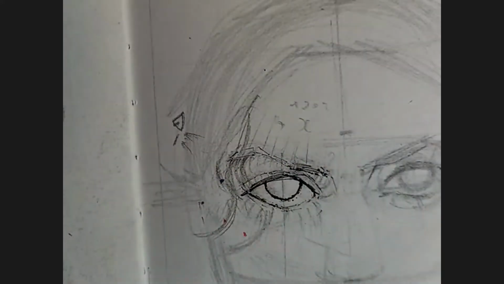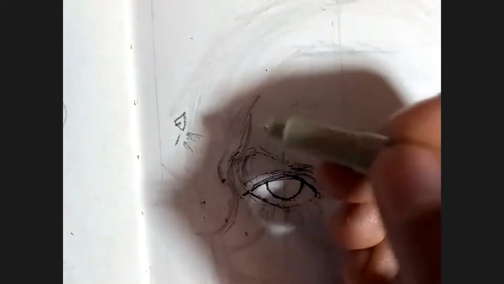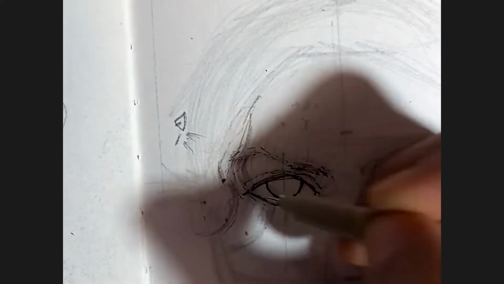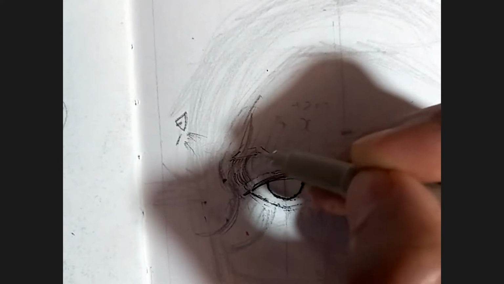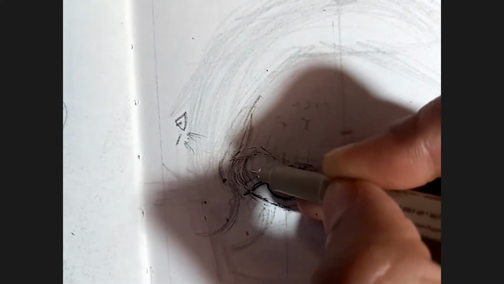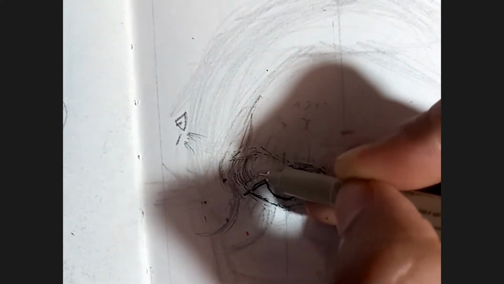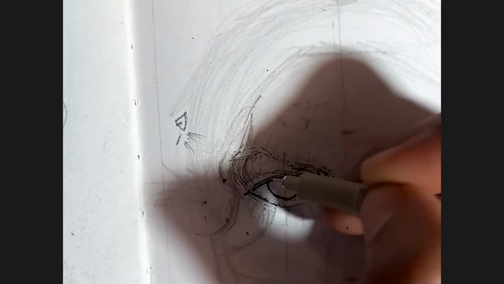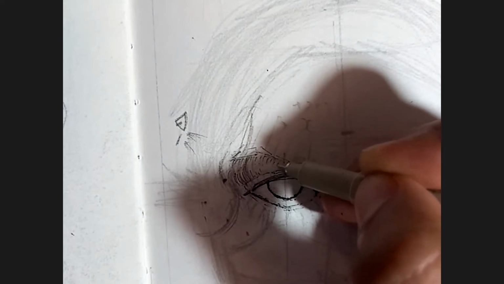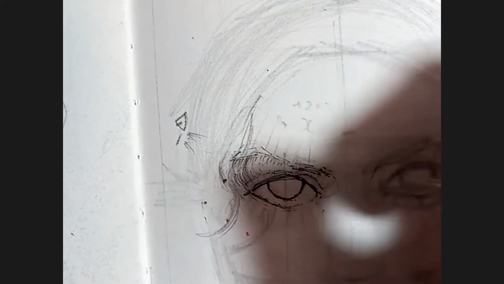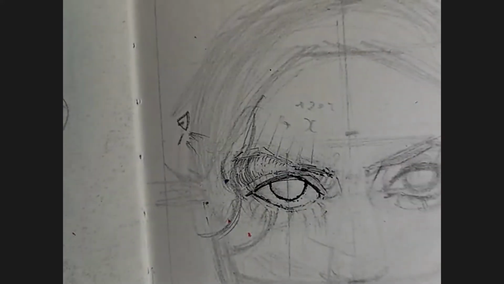Let's use a lighter pen and draw this. See this?